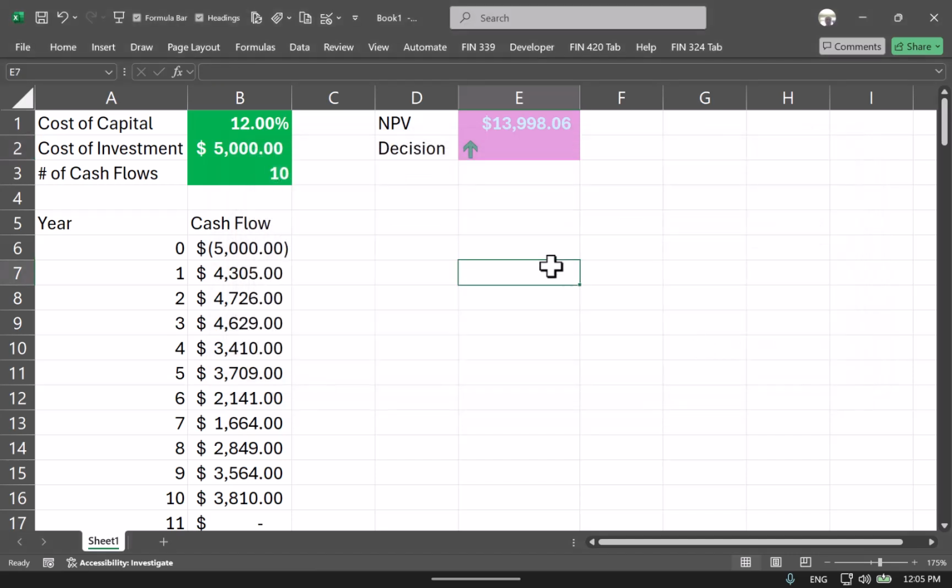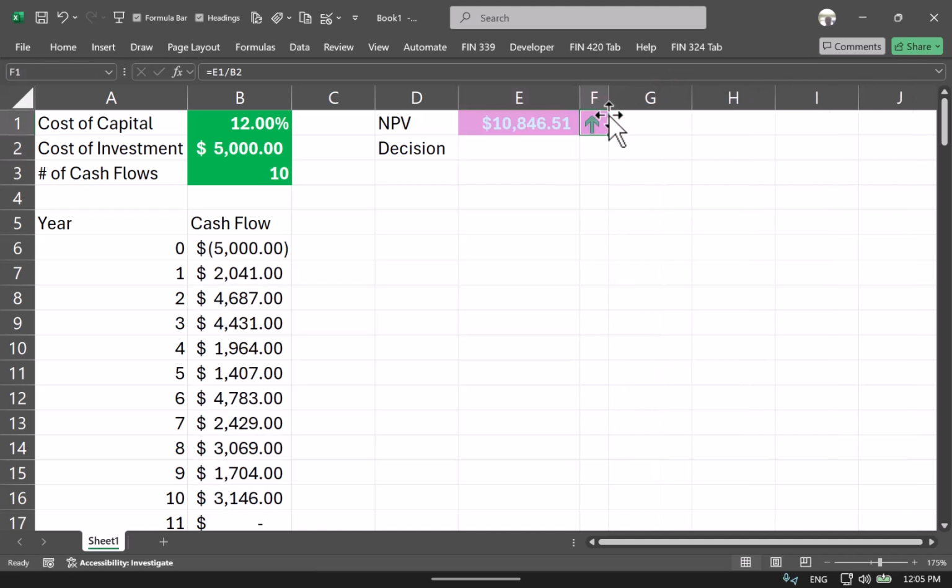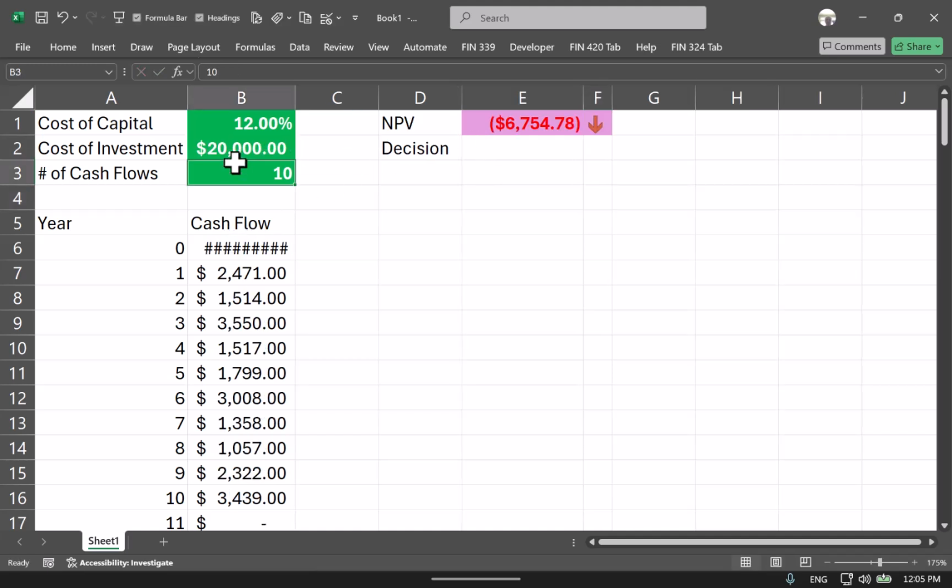So in this case, it just says go ahead with it. Or I could have shifted this whole thing here, what have you. You know, if that was 20,000, go ahead with it. Here I basically built in a functionality. It says if the net present value you make as a percent of the cost of investment is outside of plus or minus 10%, if it's above, go ahead with it. If it's below,